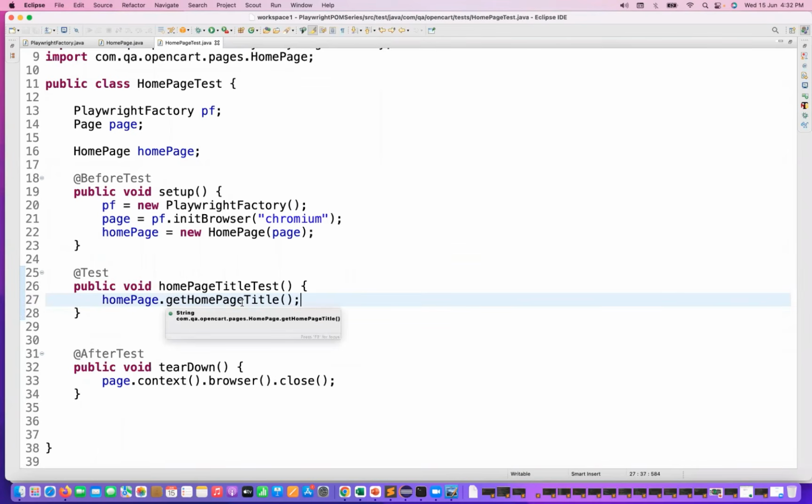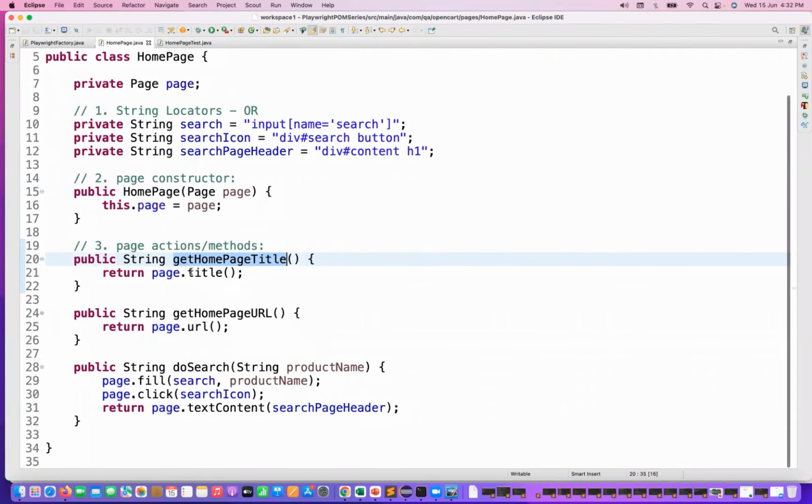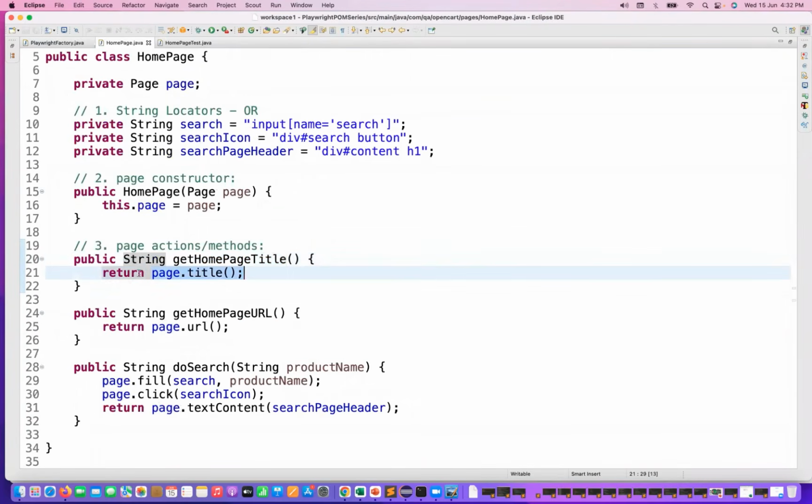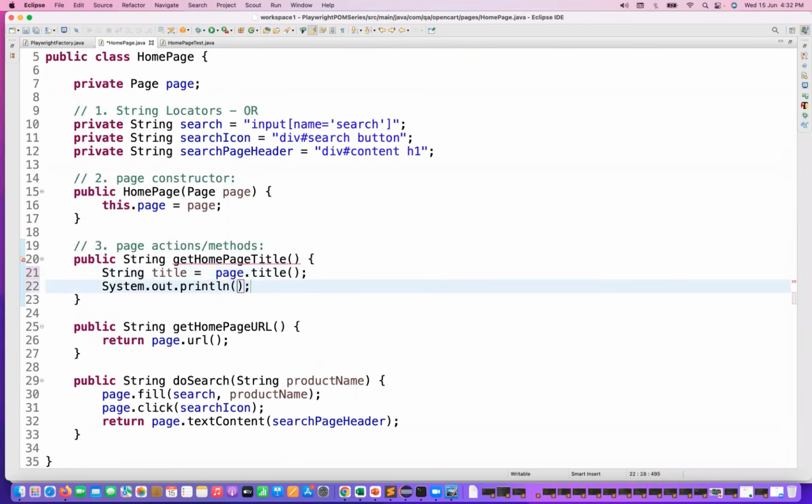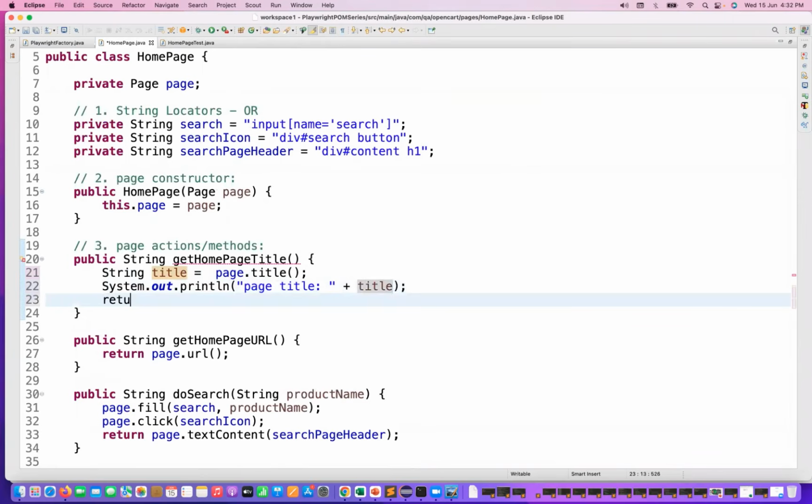And this getHomePageTitle method will return what? It will give you a string, the page title. So I'll do one thing. Instead of returning the page title immediately, I'll store it inside a title variable, and then print it on the console with System.out.println that this is your page title. The page title is plus title, and then I'll return this title instead of writing page.title